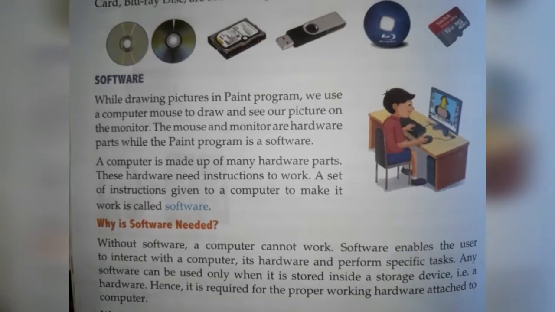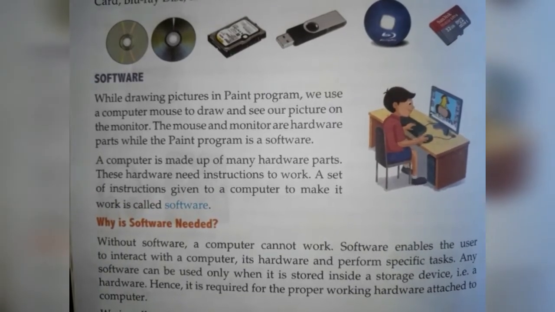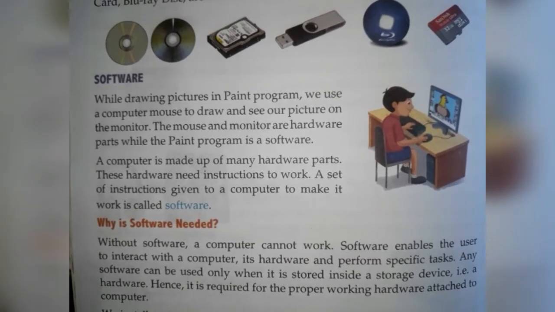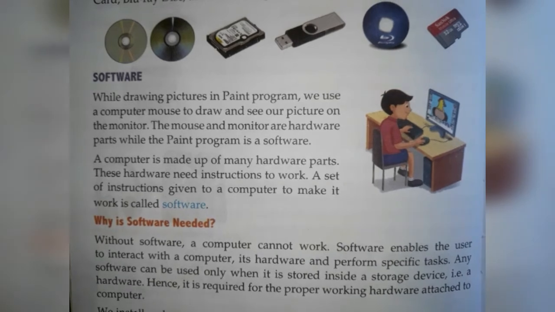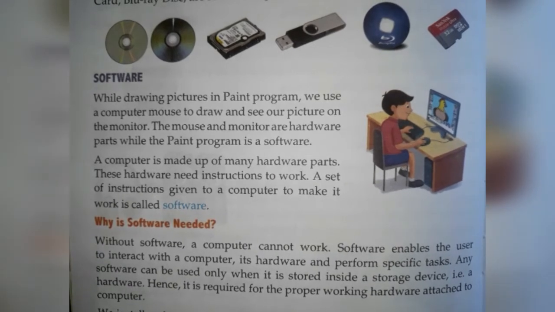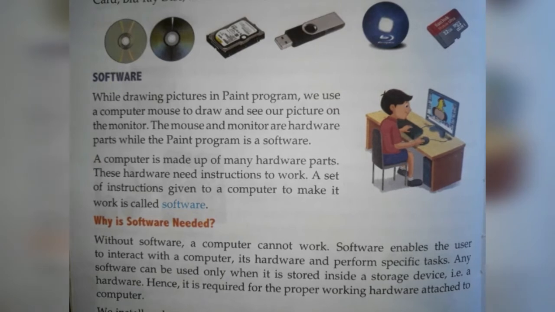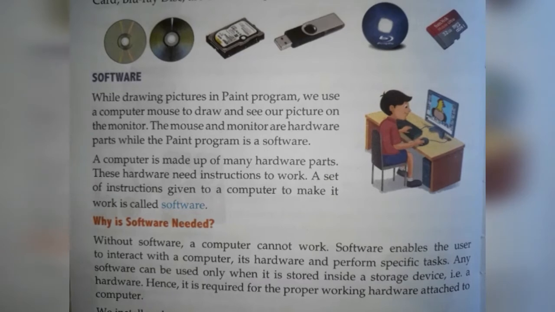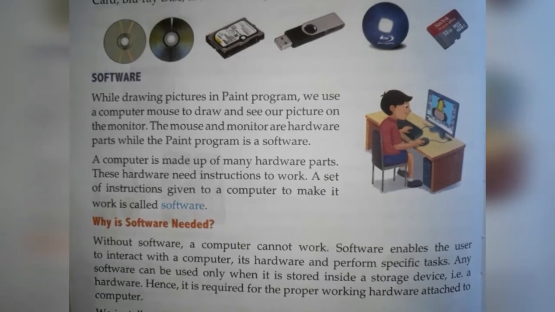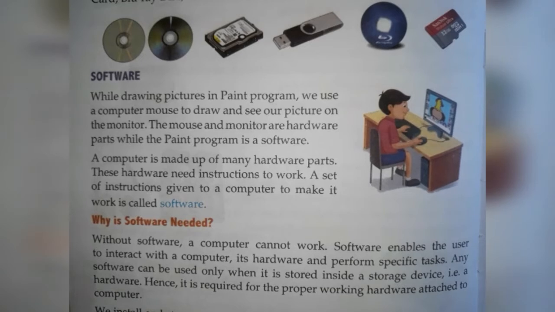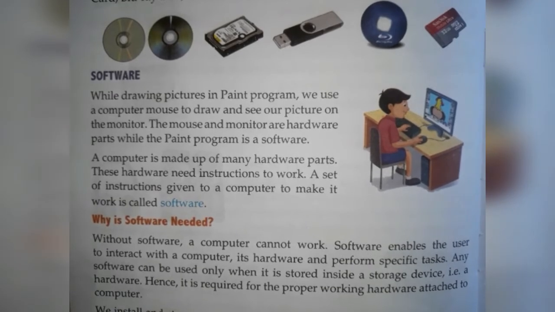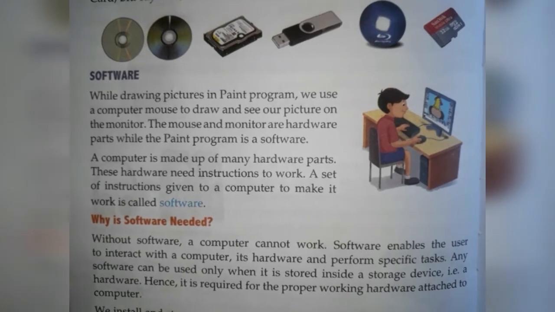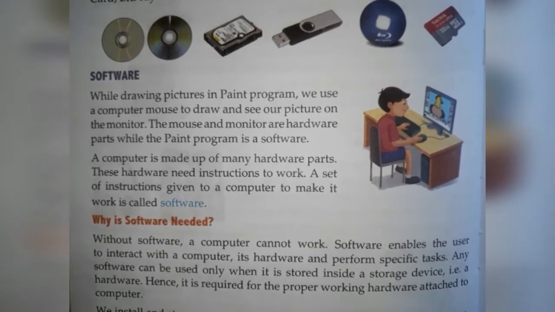Now next thing is the software. First one is the hardware, and the next thing we're going to study is the software. Now what is software? Software are some programs with the help of which our computer works. You play games on your computer, you draw things on the system or pictures on the computer. You must have used Tux Paint in the labs in our school, or the Logo which we study in our labs. These all things are called the software, or in other words we can say the set of instructions which is given to the computer to work is called a software. So with the help of the combination of software and hardware, a computer works.